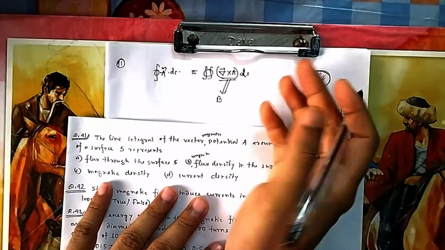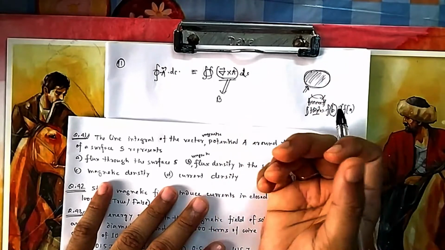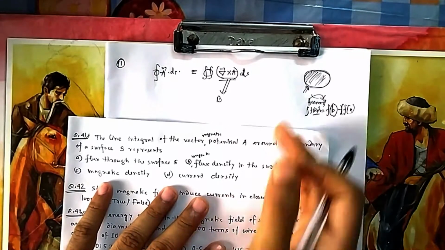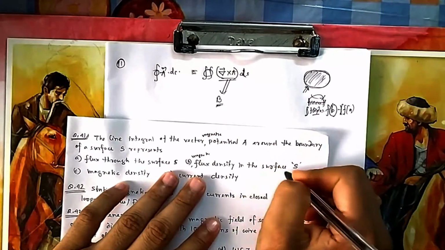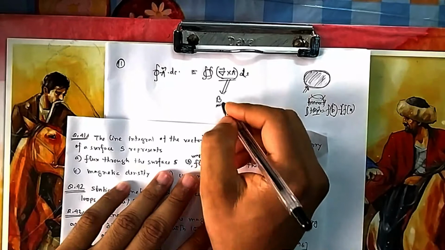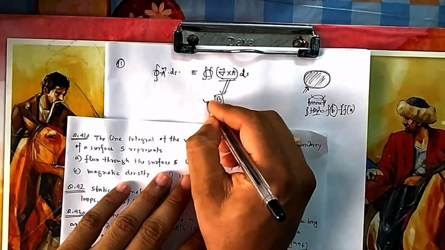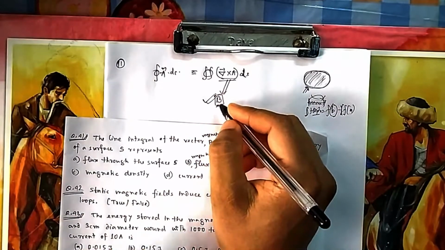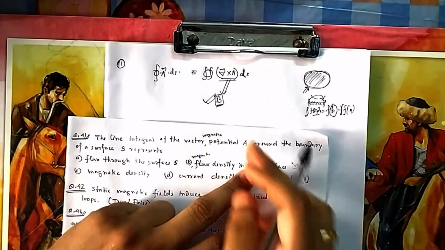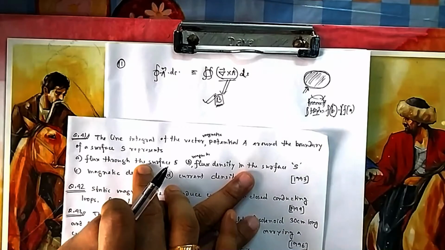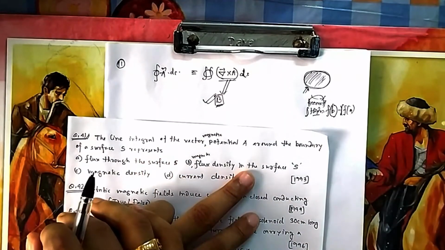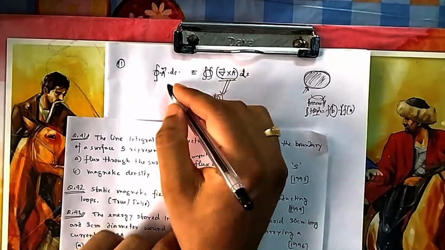the flux density, the magnetic flux density, that is coming in the surface. Now how much flux will come out of that depends on the material itself. Whatever material you are using, on that basis it will depend. So it is the flux density, that is your option B. That is the flux density that is coming out in the surface, and how much flux will come out through the surface depends on the material. So this is from the Stokes theorem.